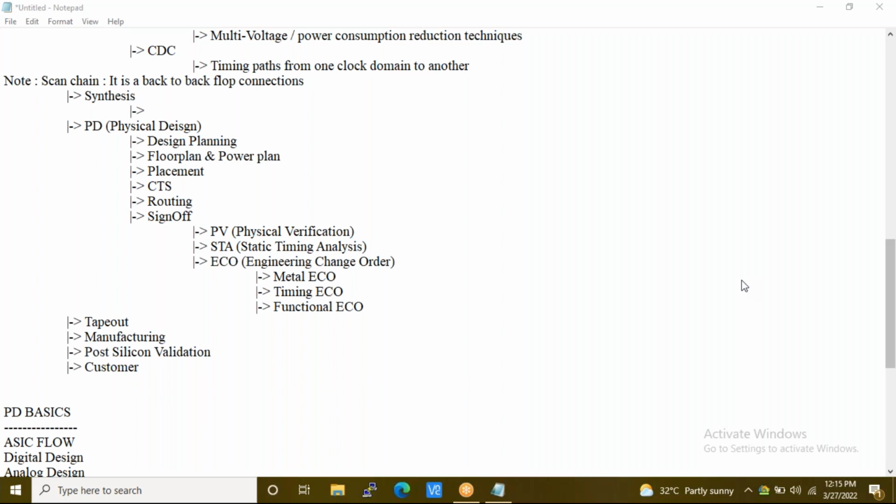Okay. So join the front end domain. If you like it, you continue with the front end domain. Otherwise, you can join the back end domain. That's the best suggestion I can give you, because I can't tell you to come and join PD, come and join verification. You join either of that. Let's say you can as well join the backend domain. You see how your experience is with the backend domain. If you like it, you continue. Otherwise, you switch to the front end domain. I'll give you that opportunity. Okay, sir. Thank you, sir.